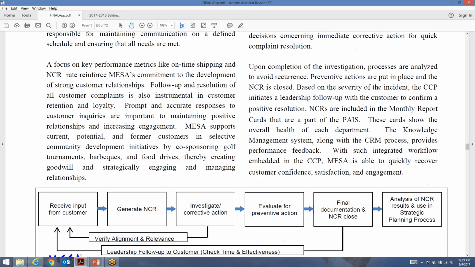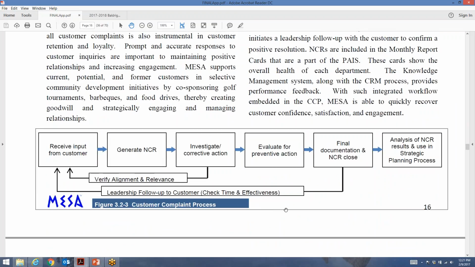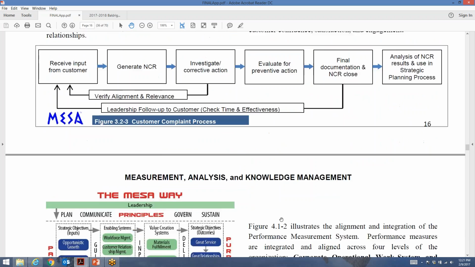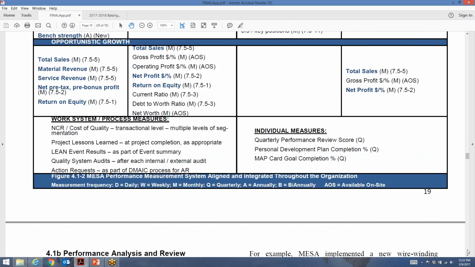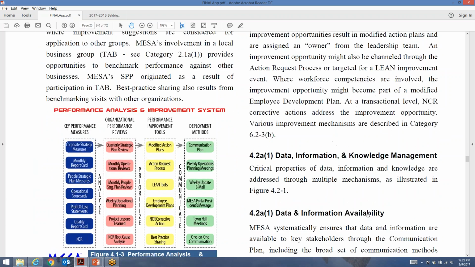Other picture I'd have, continuing to move along, is the customer complaint process. Probably, if I were to make a top 10 list of opportunities for improvement that are just low-hanging fruit that somebody probably could have handled with a picture, customer complaint process probably makes it. And so if you've got a complaint process, or even if it's just kind of an informal process, put it in a picture and make it look like it's systematic. Again, I'm not suggesting you ever lie about anything, because someone's going to find that out. But put that in a picture. Make it look systematic. Okay, customer complaint process. Moving right along. Put that on your list, I would suggest.